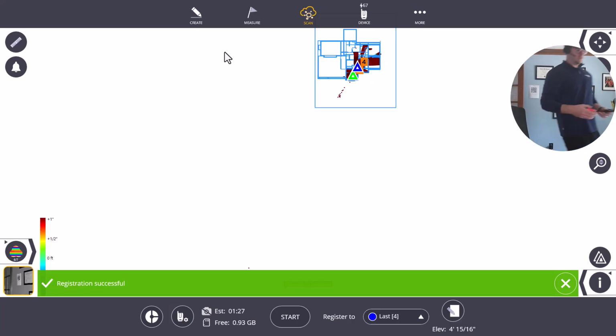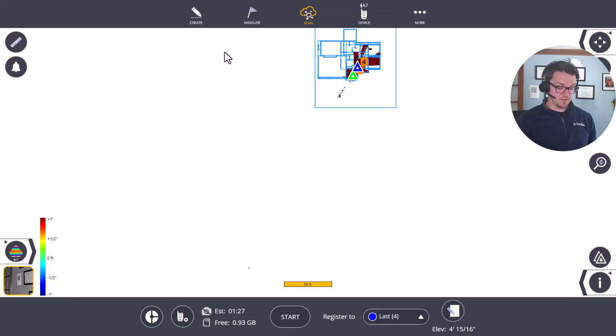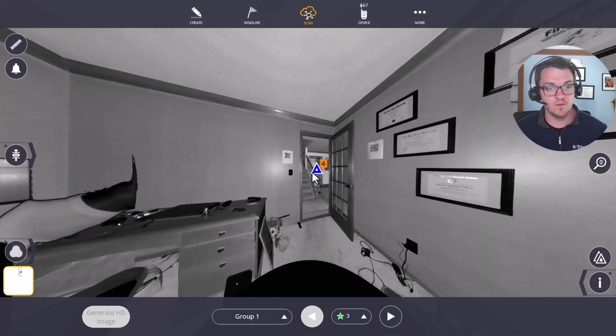All right, so we got the target in off the ground, and here you can see this would represent and can actually sit on a pole, just like your prism. But I'd want to measure to the center, which in this case is about 5 and what is that? 3/8 of an inch to the bottom. So that would allow me, without a pole, to know this is 5. Essentially, what this was sitting on out in the front porch is 5 and 3/8 above what I wanted to say 0. So if I come into the station view again, I can switch over to that scan, see it here,